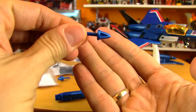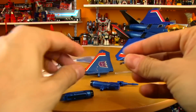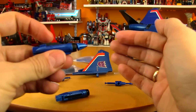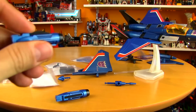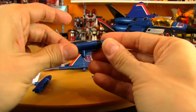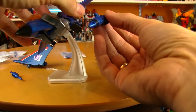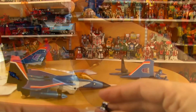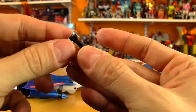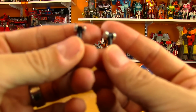So this is jet mode, and this is robot mode if you want. You can really do whatever you want. And that locks into place, and that fires too. So that's also really impressive to me, that these aren't just reproduction missile launchers, but they're actually functional. And if you're missing the landing gear, the set also comes with landing gear, and compared to the original, man,